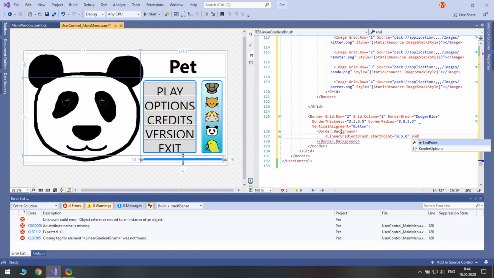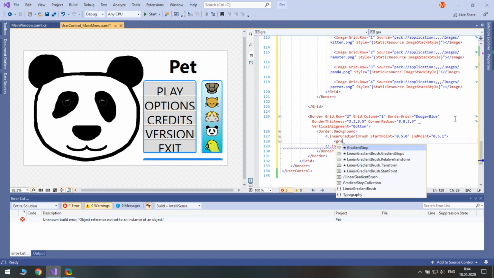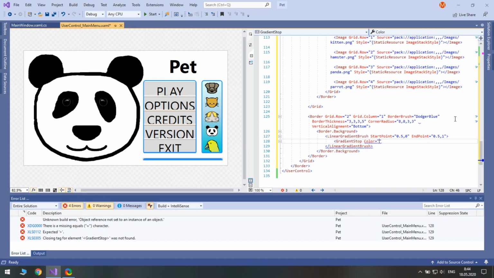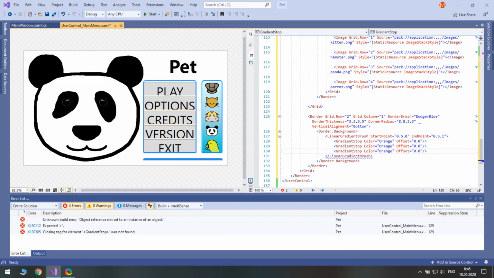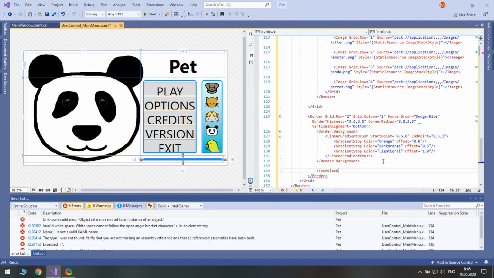For this border, we will use a mostly orange linear gradient brush. Inside this border, we will place a text block.